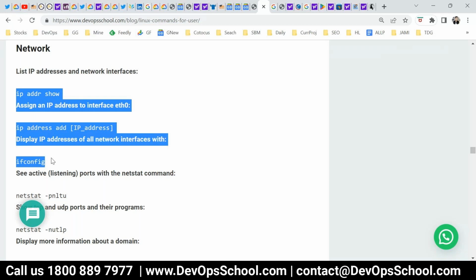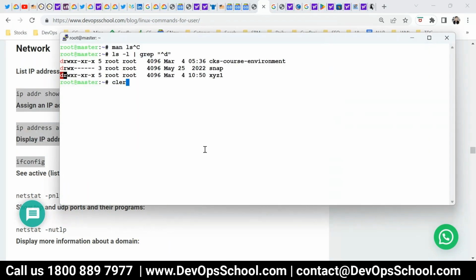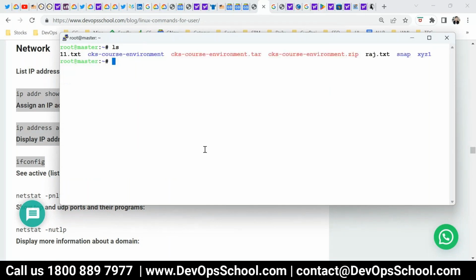One thing which I forgot, which was the most important one. There is one command to see the live logs. Let me see if I have any live logs being generated.